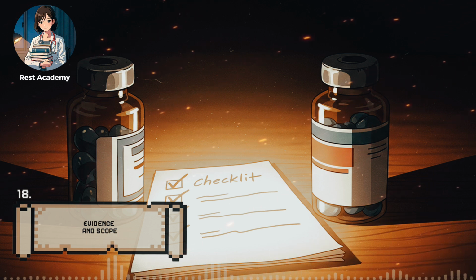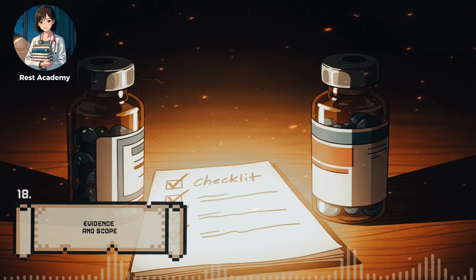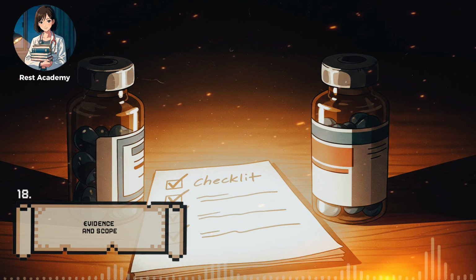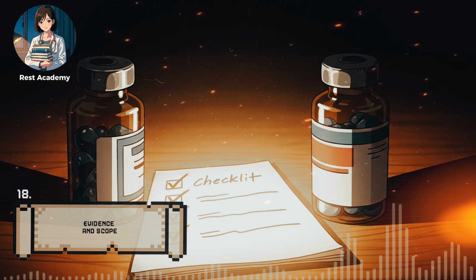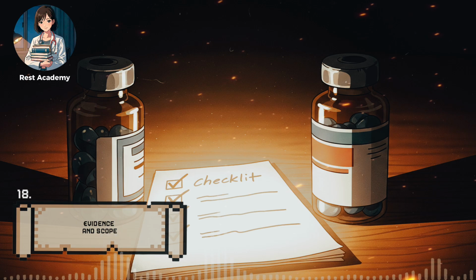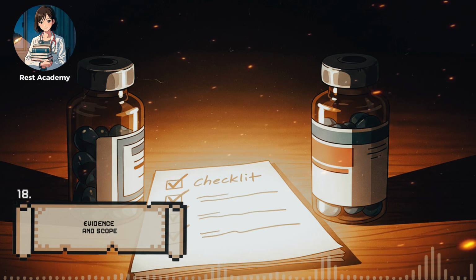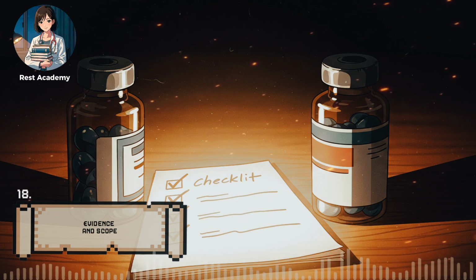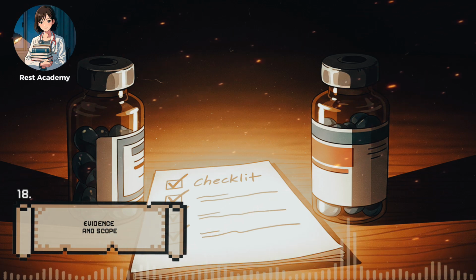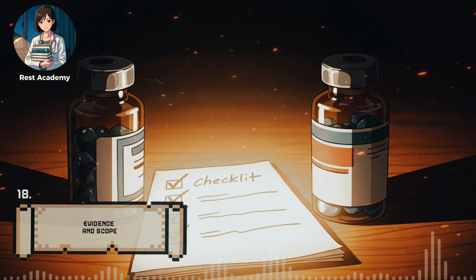A drug must be chosen for a reason grounded in physiology and supported by data. If a patient presents with chest pain due to ischemia, nitroglycerin is indicated because it dilates vessels and reduces cardiac workload. If a patient suffers from acute bronchospasm, albuterol is indicated because it relaxes airway smooth muscle. Indication defines the why of therapy, the match between a drug's action and a patient's need. Without a valid indication, a drug is at best useless and at worst harmful.